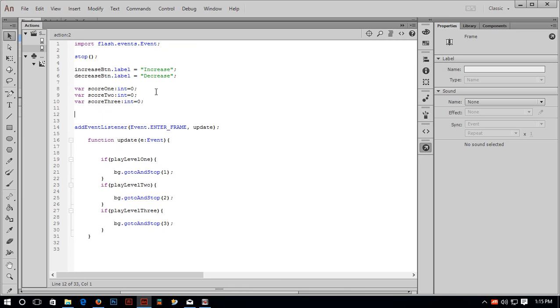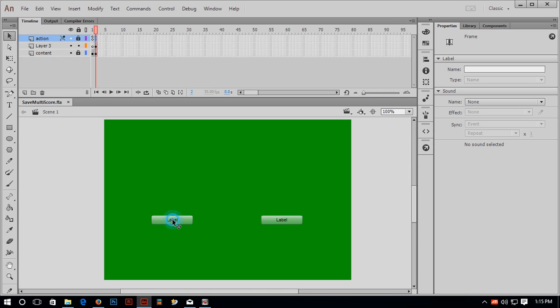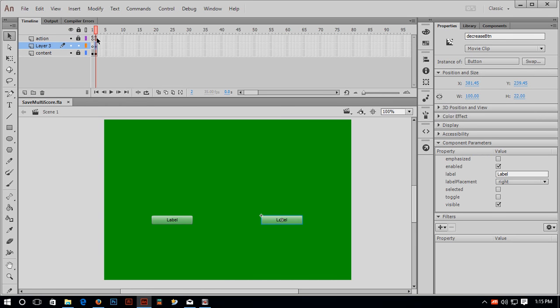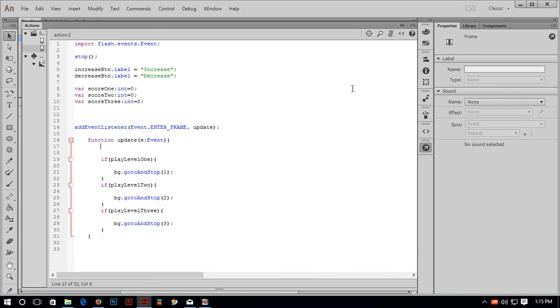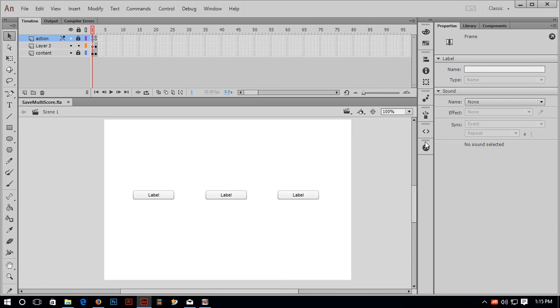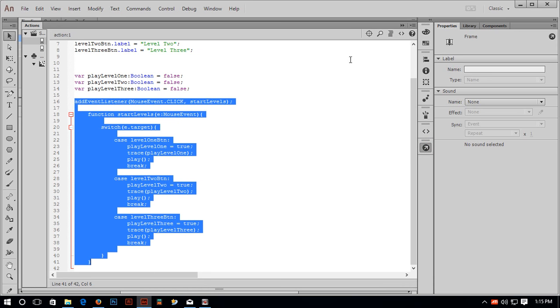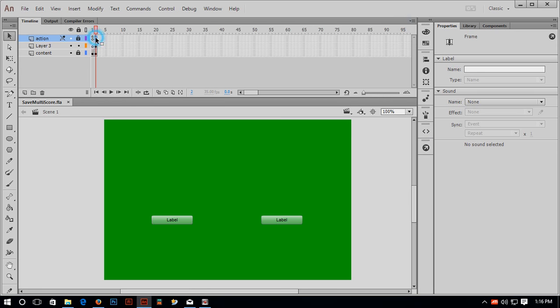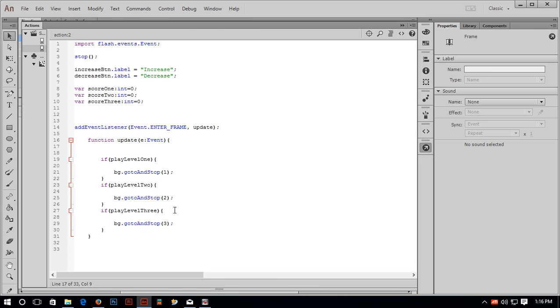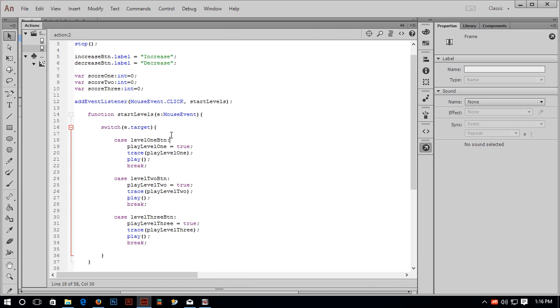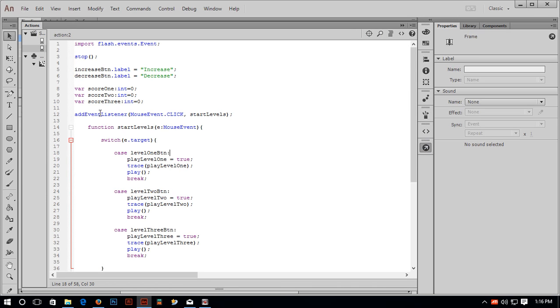Okay, now I would like to create a click event listener for these two buttons. Here I could copy that previous event listener, go back to the next frame and paste it here, and change the